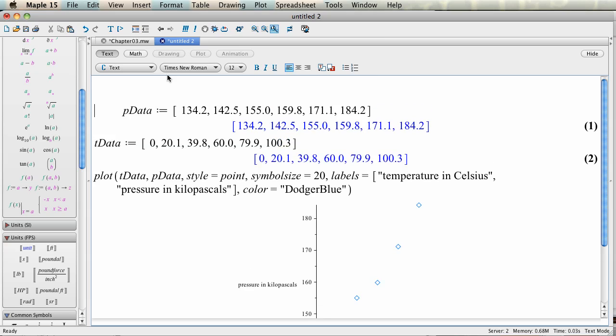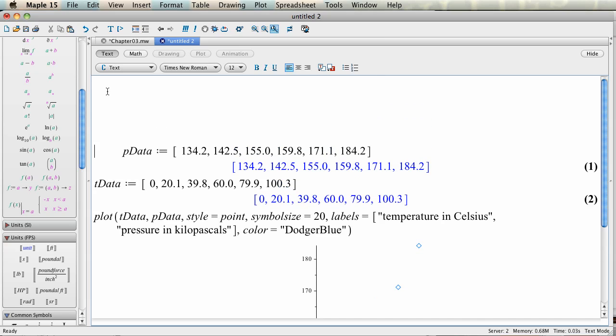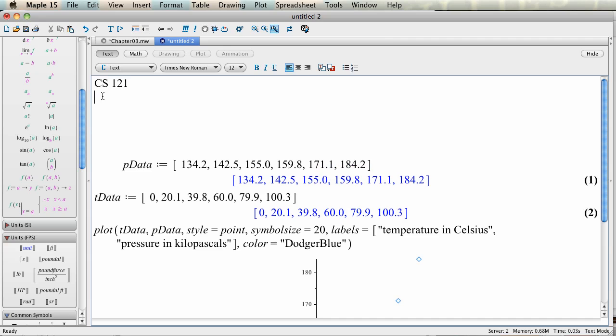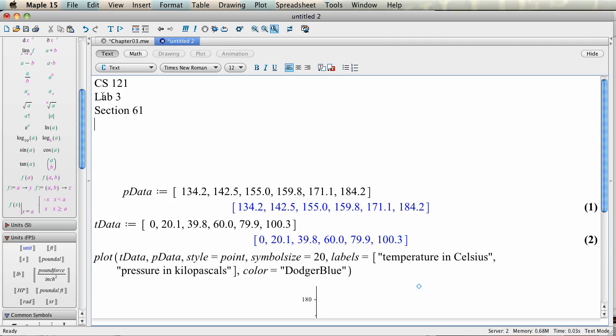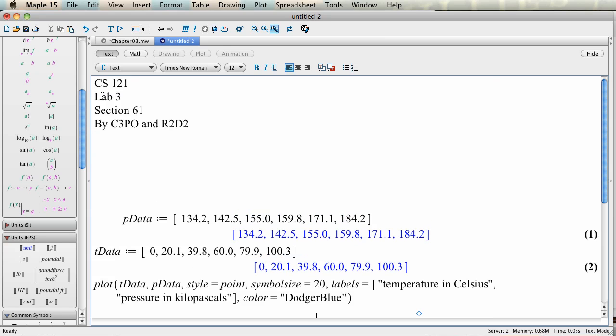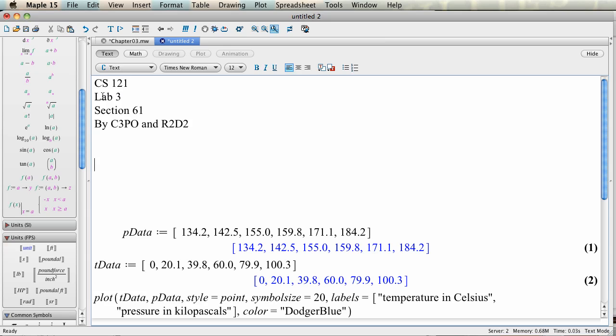And then I could sort of create a header, like CS121, lab 3, section 61, by C3PO and R2B2. Right. And then you could have a little explanation